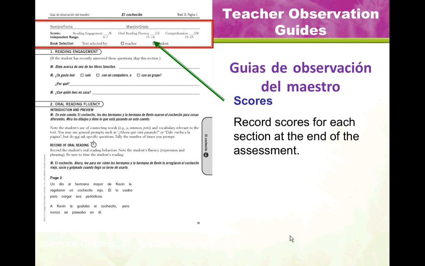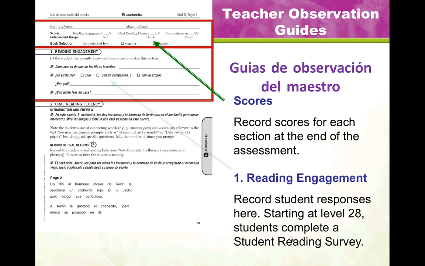The first part of the assessment is the reading engagement. And here you're going to see that we record the students' responses. At the higher levels, after level 28, the students will be responding themselves in writing on a student reading survey. The second part is your